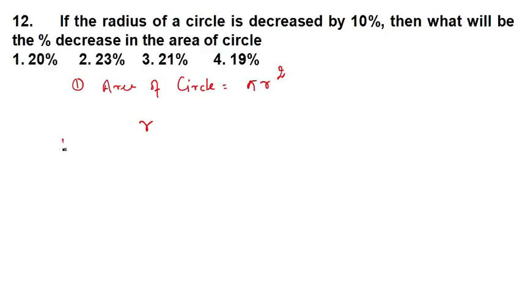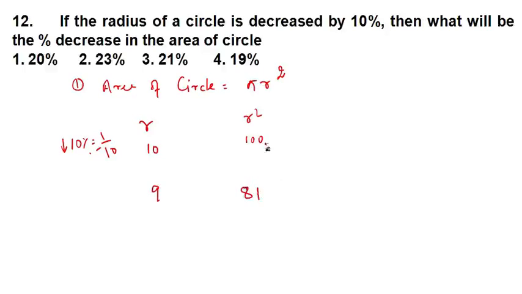got decreased by 10%. Now what is 10%? It is 1 by 10 and there is a minus sign. So if radius before it was 10, now it becomes 9. Okay. And what will be the area of circle? Area of circle is r square, radius square. So here it will come 100. 9, if we multiply 9 with 9, then it is 9 square means 81.